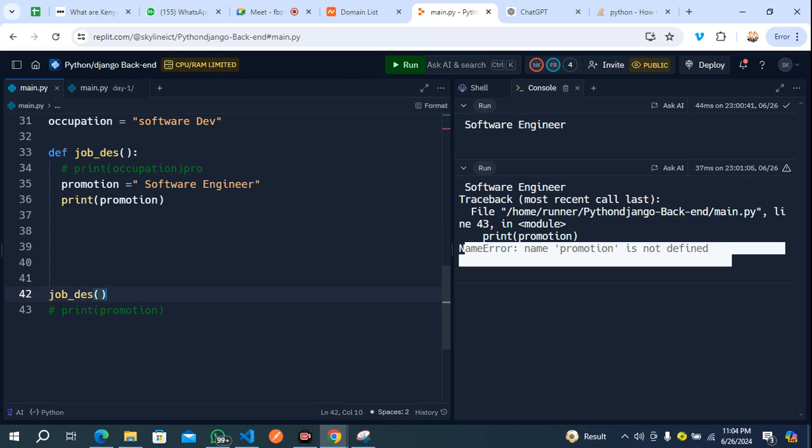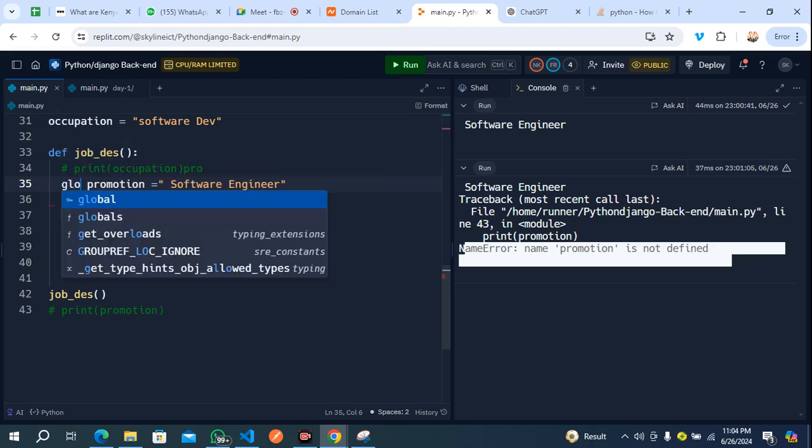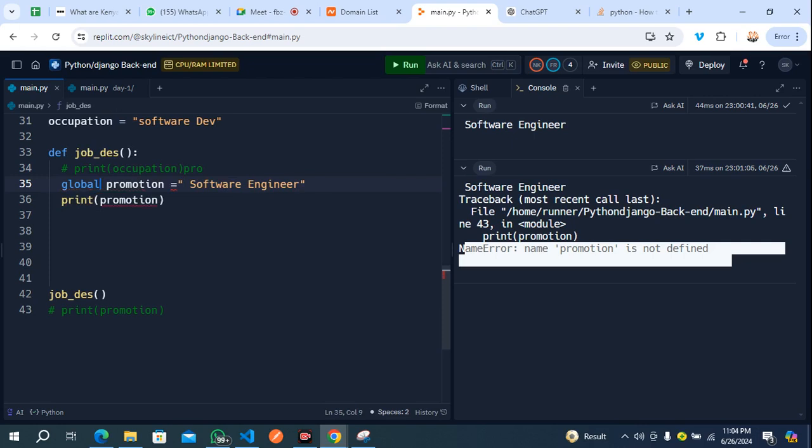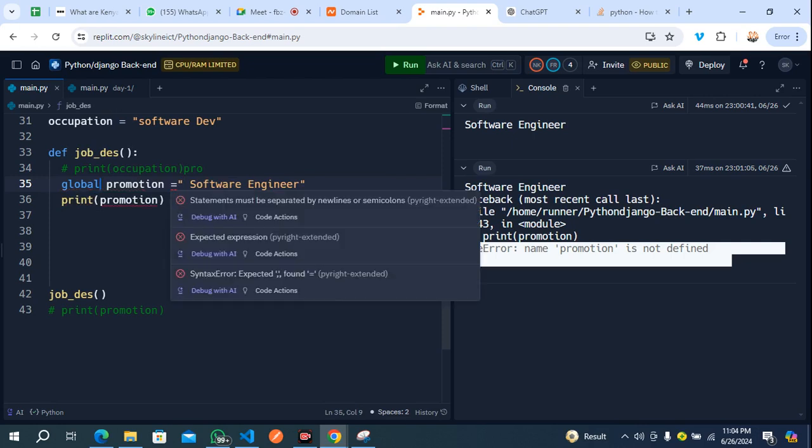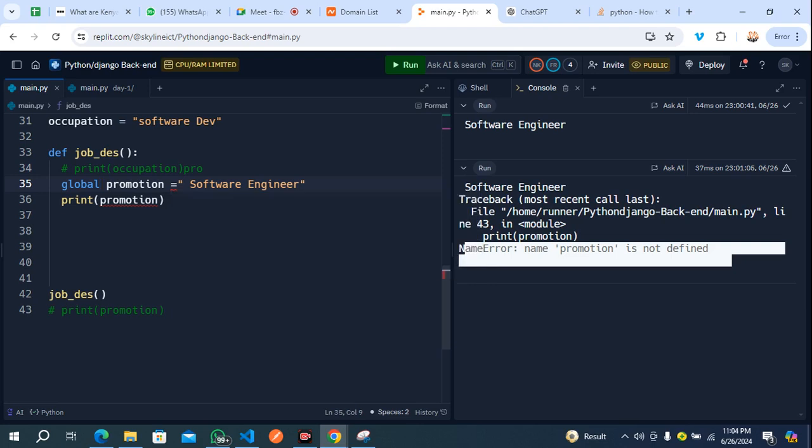Okay, to define this variable, we are going to use the global keyword, right? A global keyword. So you can come here and set it to global. So when you put global, it will help turn that into a global variable. So you need to call it global before you assign. So remove this assignment, call it global, and then assign.